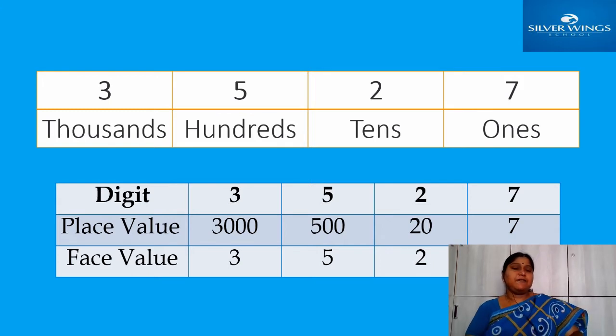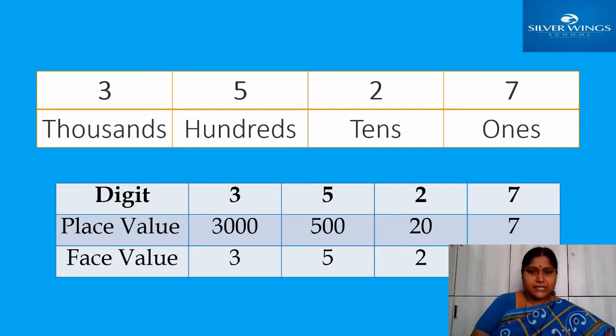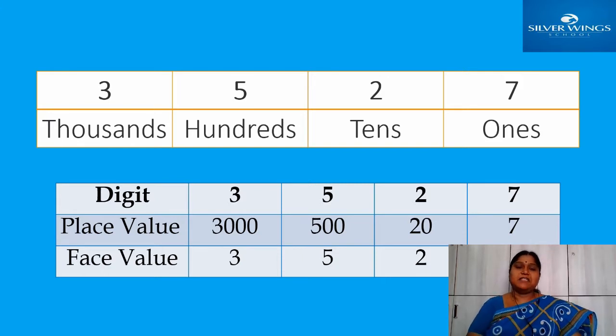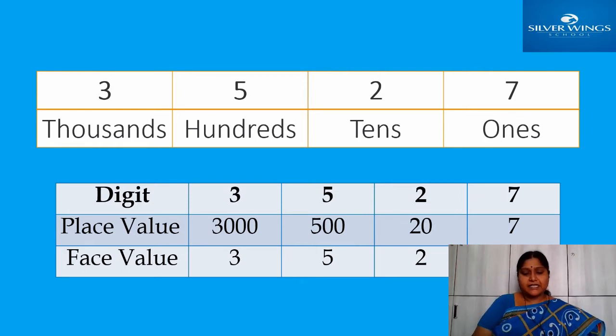Now, here see, I gave you the number 3527. In the previous class also I showed how to write places in a place value chart. Here, up there, is the place value chart. I kept the digits in the place value chart. Yes, 7 is in ones place, 2 is in tens column, 5 is in hundreds column, and 3 is in thousands column. Place value of a digit depends upon its place. Okay, listen children, all of you. Place value of a digit depends upon its place in the number.